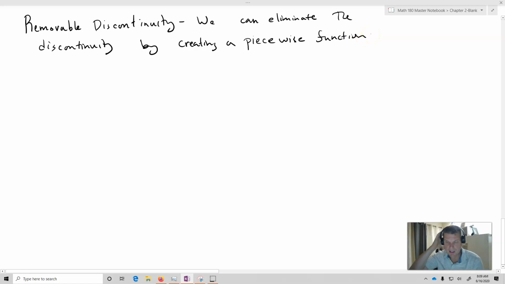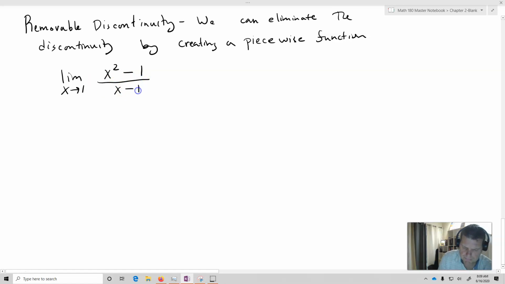Okay, so let's take a look at one. Let's say, for example, I have the limit as x approaches 1 of x squared minus 1 over x minus 1. Now f of 1 does not exist, because